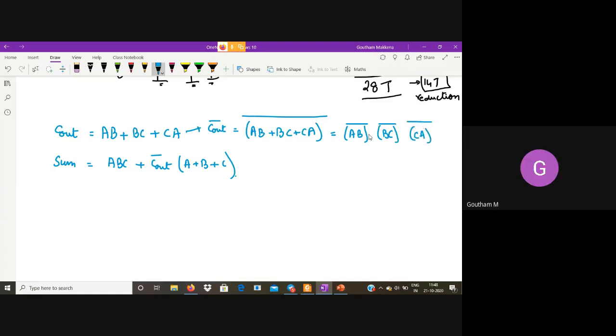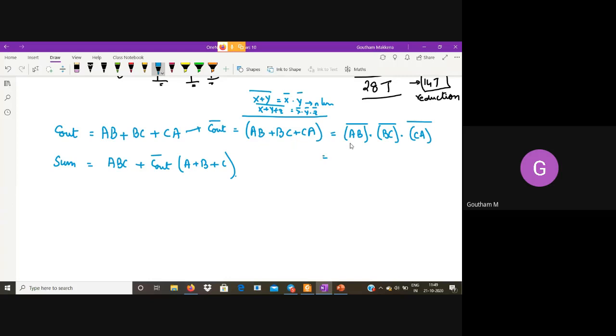I used De Morgan's law: X plus Y whole complement is X complement dot Y complement. You can use it for n terms. Here X plus Y plus Z whole complement will be X bar dot Y bar dot Z bar.